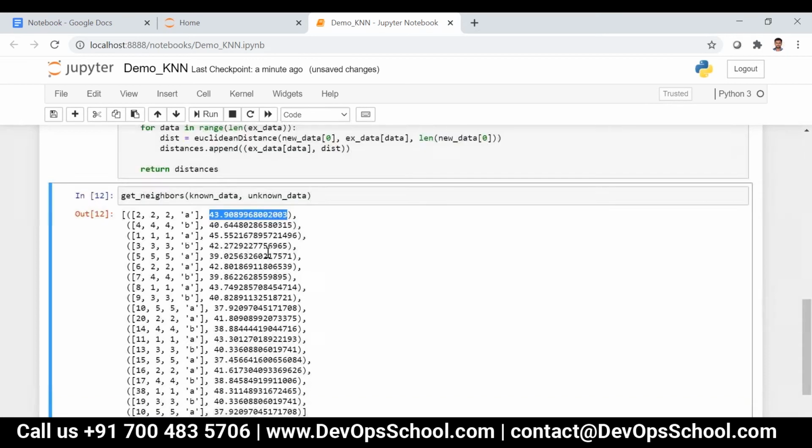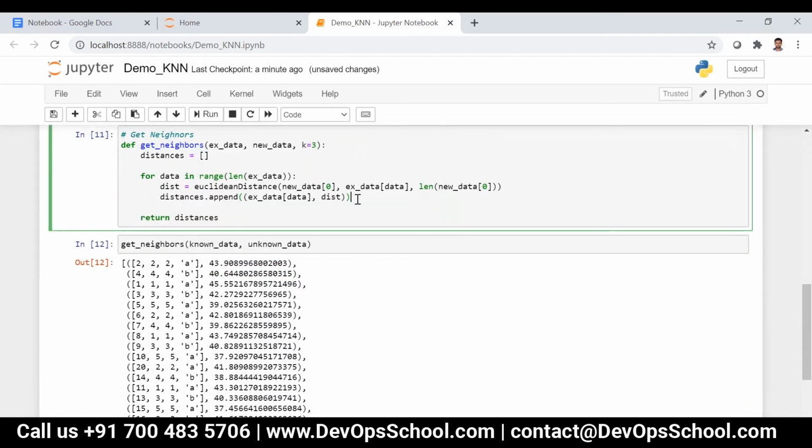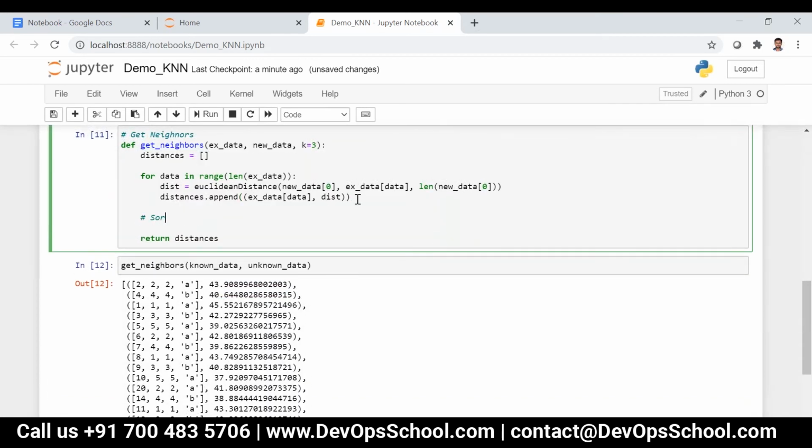Now we have to sort the distances based on the Euclidean distance measured, or else we can say sort the data points based on the distances. So how can we sort it out?